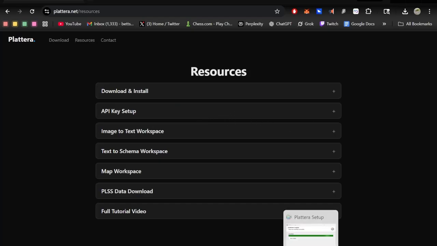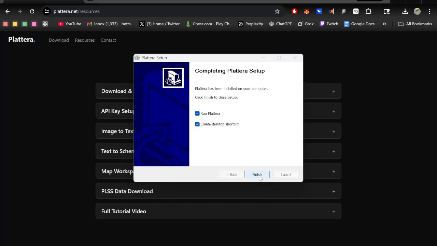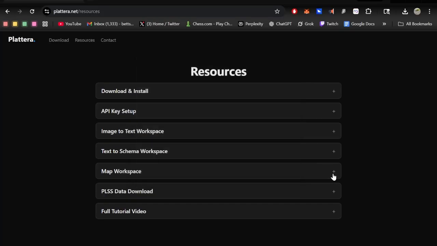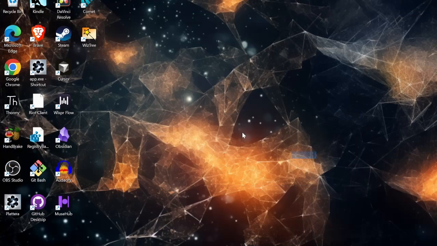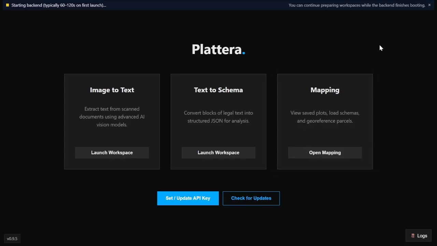And so let's go back to the installer. It's finished, and I'm going to make a desktop shortcut. I guess you can decide on that if you want that or not, and I'll run it. So I'll show the desktop shortcut is right here. This is what to look for. This is the application. And if we open it up,